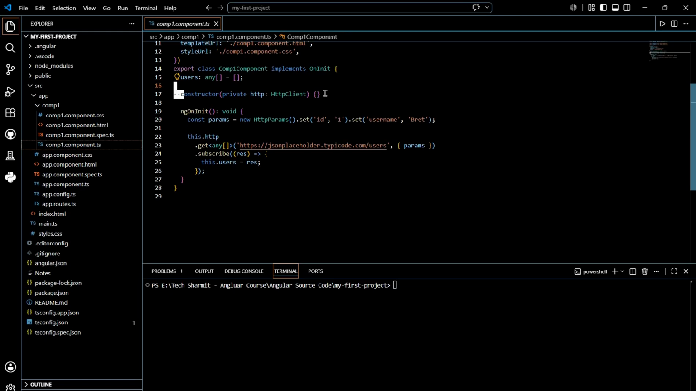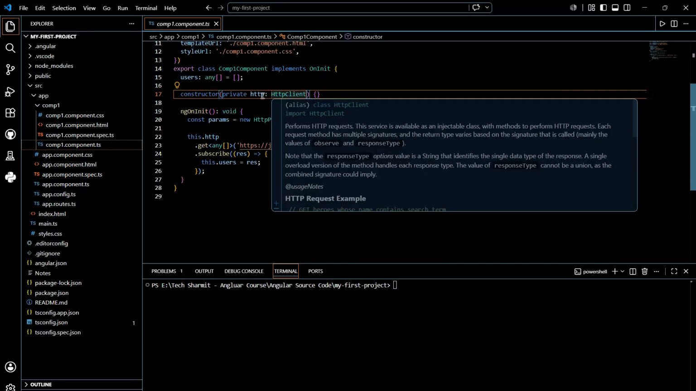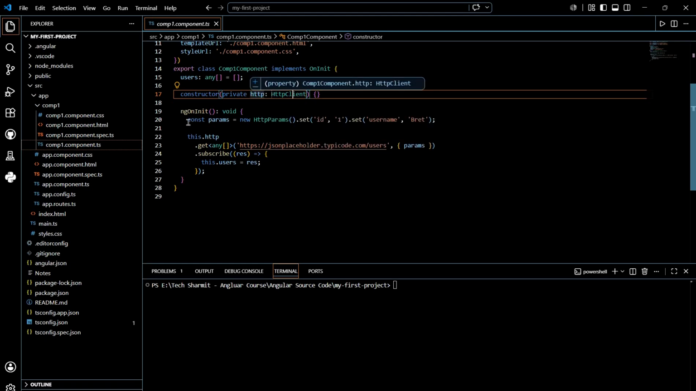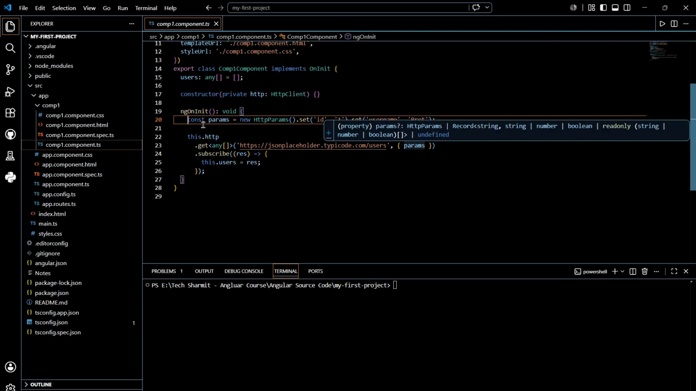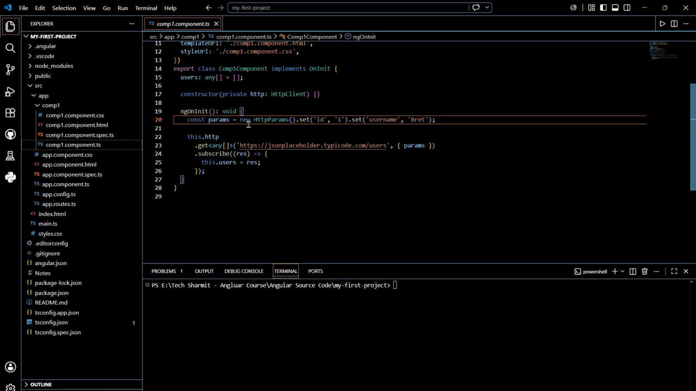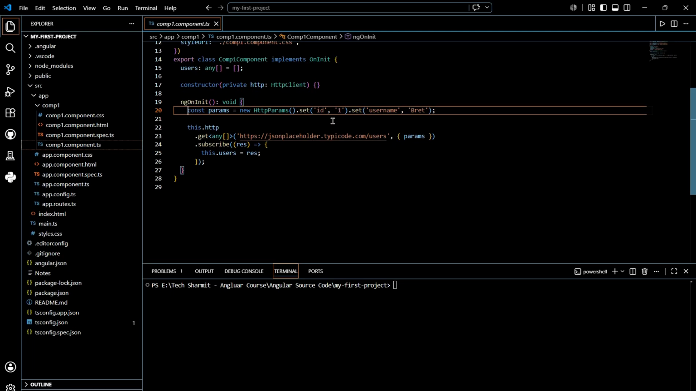Then we created one constructor, private http HttpClient. So whenever you want to access this HttpClient, you will use this term http. Then we have created one const, that is params. So this is a new concept. Instead of directly passing the query parameters here, we have created one const params, new HttpParams. Whenever you write this, it will automatically import this HttpParams. So HttpParams dot set. Here I will pass my first parameter, that is id 1,